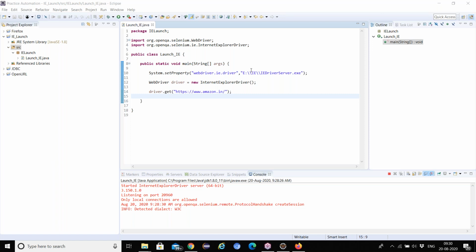So once we get a task, we need to check whether this application is supported on all the browsers or not. Okay, so that is very important. Manual is very important, and automation is very important. People are thinking that if I know automation, I will get a job. No, you will not get a job. You need to know the manual concepts also.